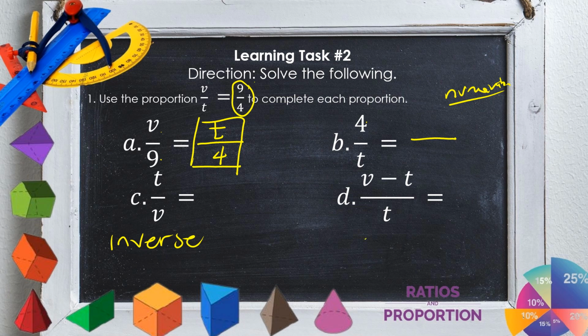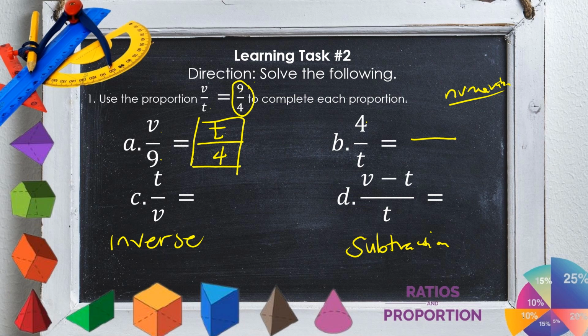Sa letter D, you have your subtraction property. So, your numerator, diba, minus the denominator over the denominator. So, ganun lang din po yung gagawin. Numerator minus denominator. Okay? Then, you're going to have the denominator, which is also 4. So, 9 minus 4 all over 4. That's the correct answer. Okay. So, that's for 1. I hope you were able to be led